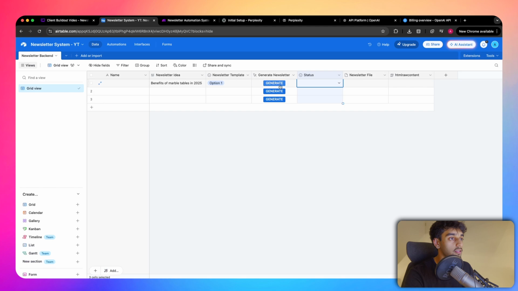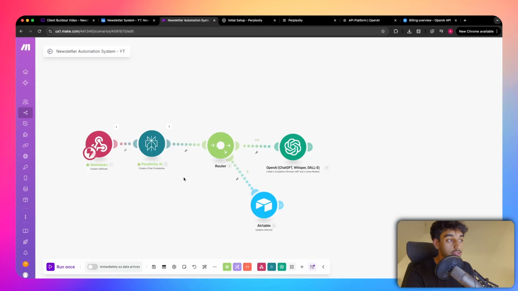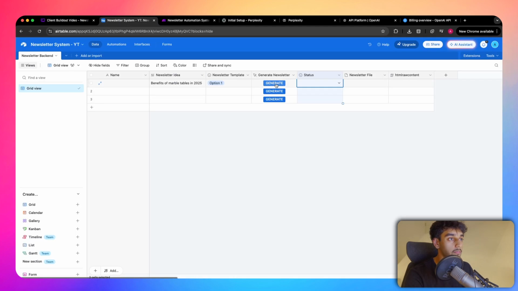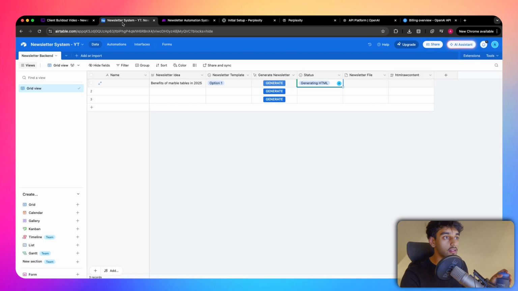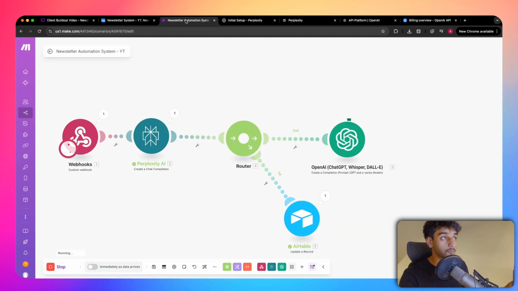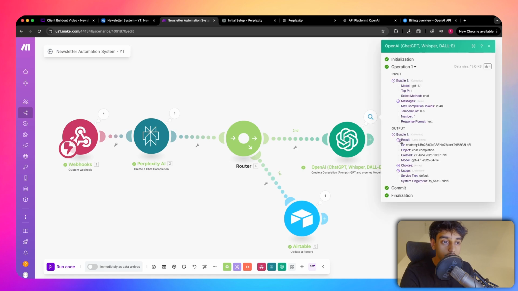So let's click run once and click generate. Cool. So Airtable has run. It's been updated. So generated HTML has successfully been updated. And we're just waiting for the OpenAI module to generate the HTML. Now, it might take a little while because it's using the idea as well as the research to generate the HTML, and it's done. Awesome. So let's see the output. If we head to result,